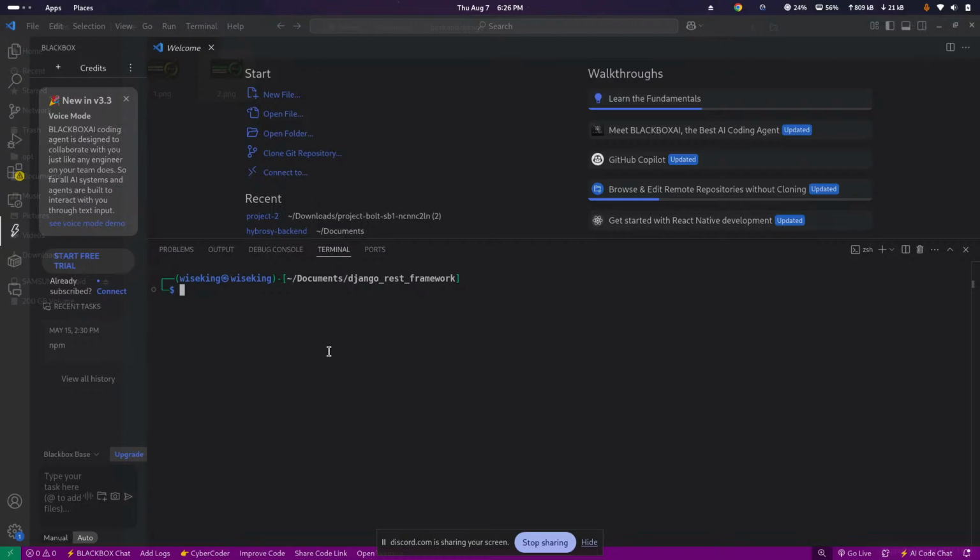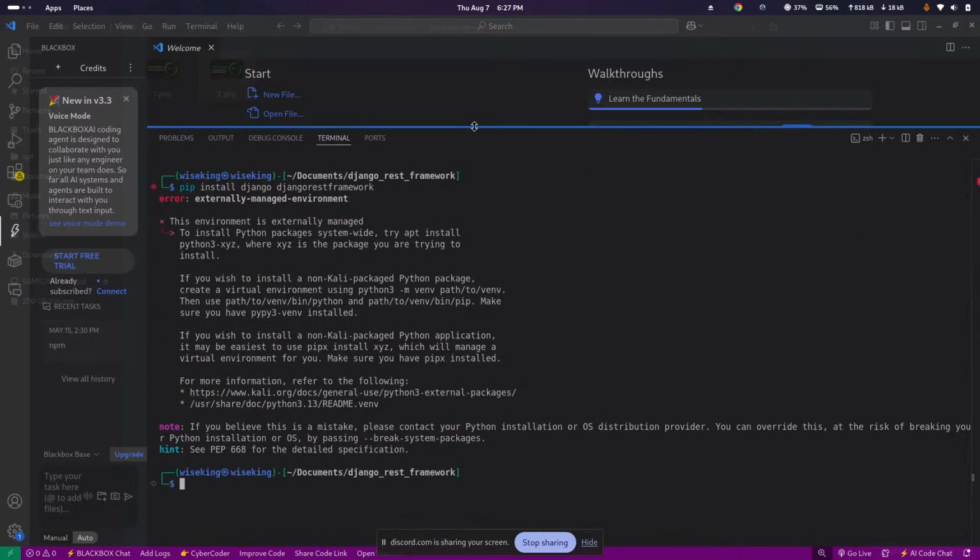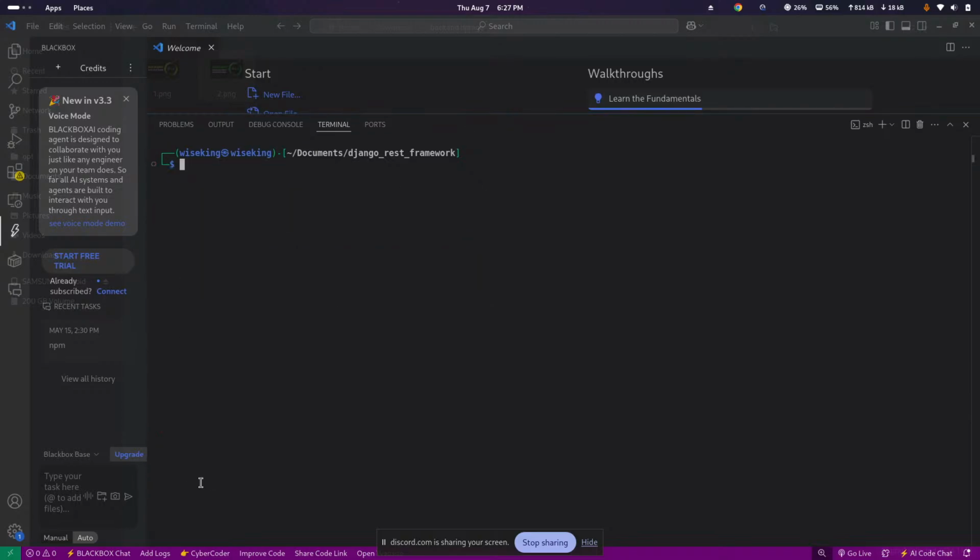So what do I have to do first? The first thing I need to do is to make sure that I have Django installed, and I have also Django REST Framework installed, and I do enter. So first thing they will say externally managed environment, which means I didn't set my environment, but to set it I will do